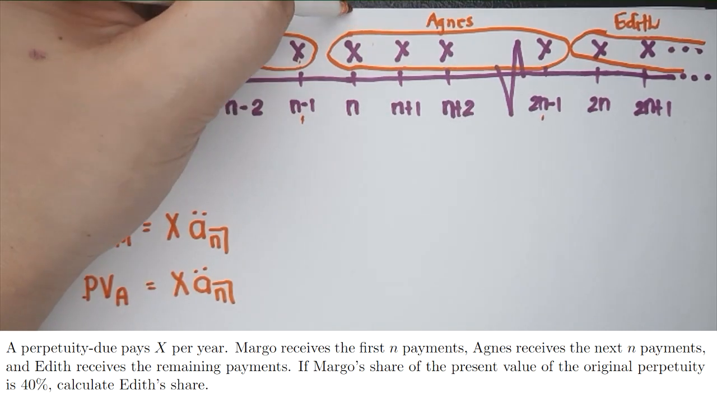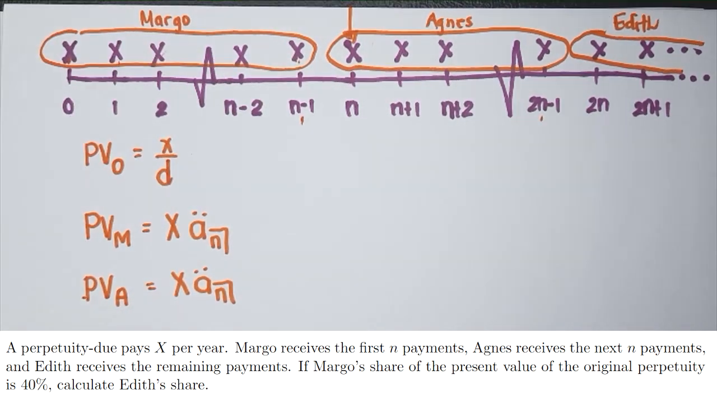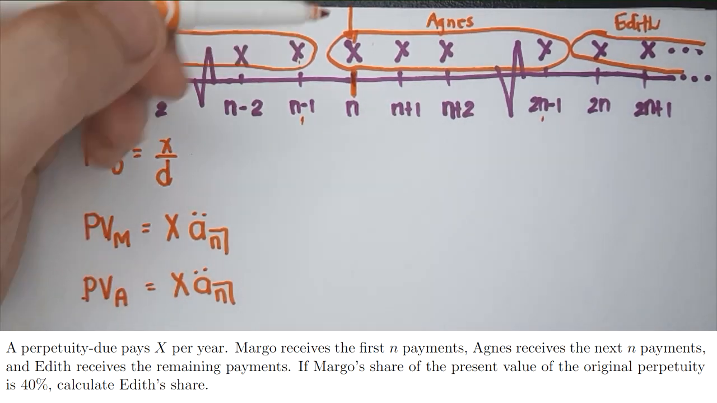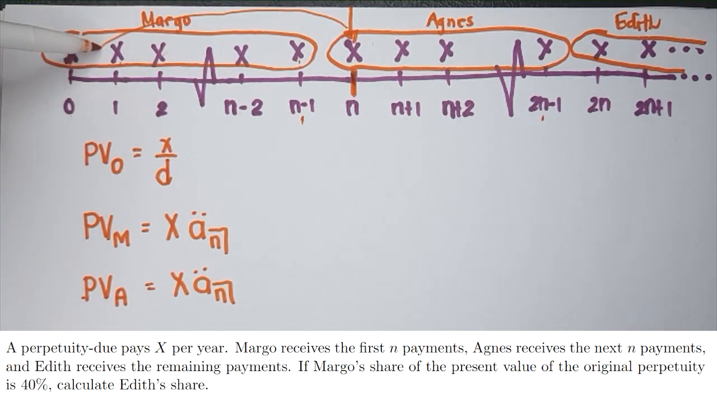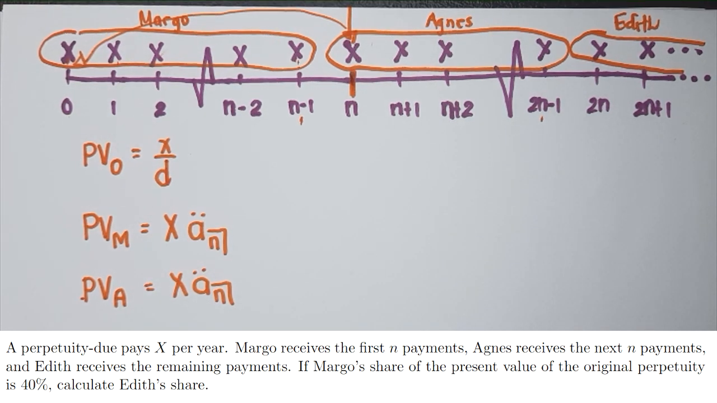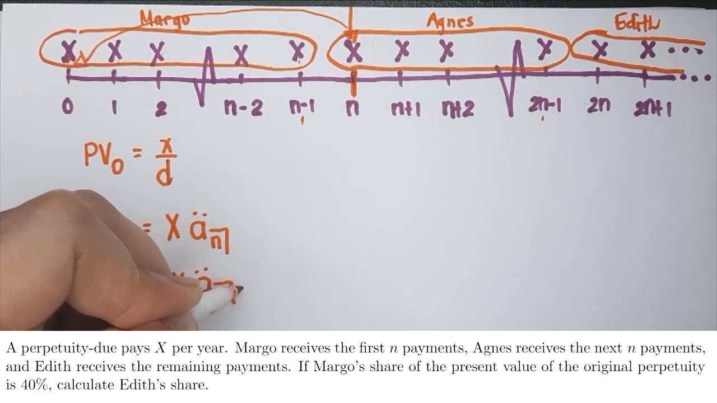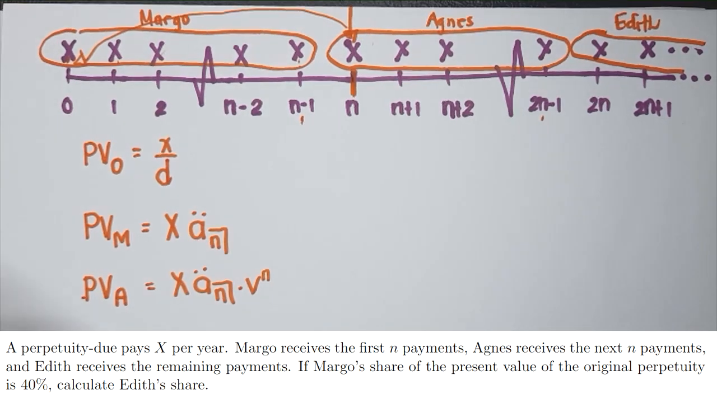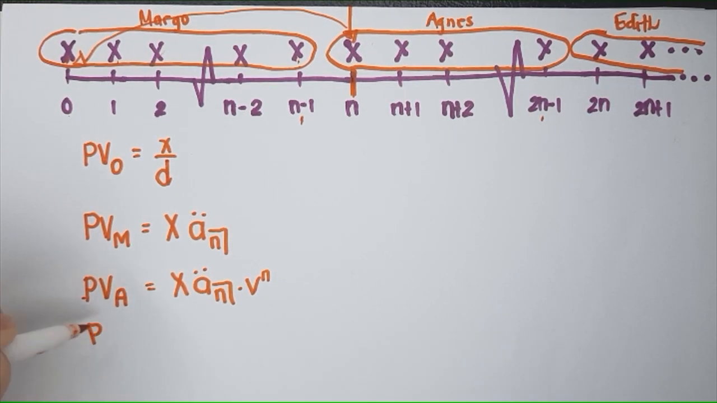At time N. Nandito pa lang siya. Kailangan yung i-carry to time 0. Para mapag-compare natin yung mga amounts, dapat nasa isang comparison date sila or valuation date. So, we multiply this by V to the N. And then lastly, how do you get the present value of